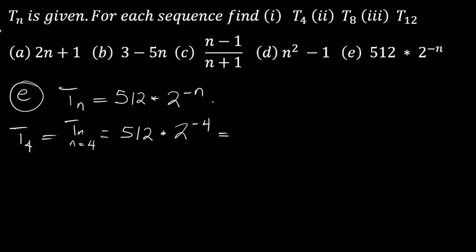And this is the same thing as 512 divided by 2 to the power 4. 2 to the power 4 is the same thing as 16. So 512 divided by 16 will give us